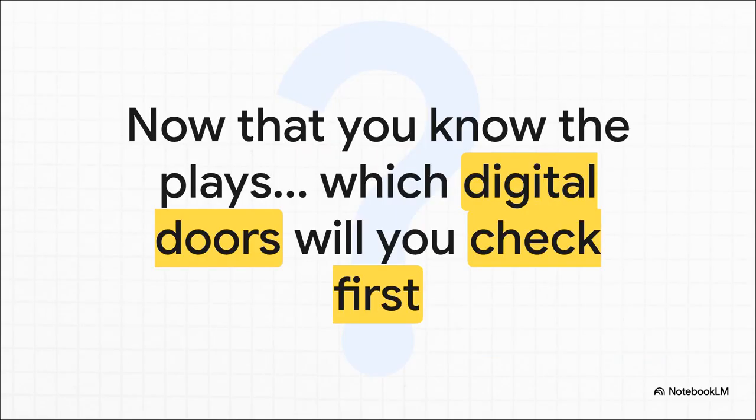And look, these are just 3 of the most common plays. What they really show us is that keeping our digital lives safe isn't just about having a super long password. It's about all these little rules, the simple logic that we just assume is working correctly behind the curtain. So now that you know a few of the plays, it kind of makes you wonder, doesn't it? Which of your digital doors aren't nearly as locked as you think they are?